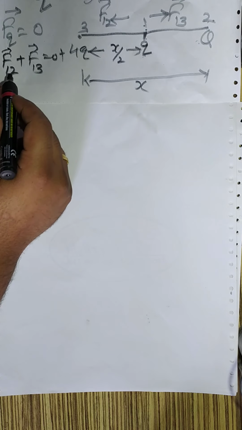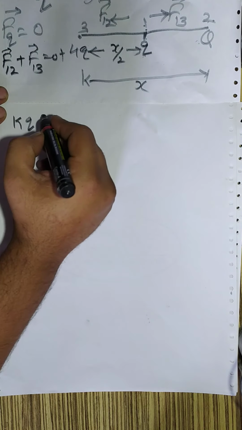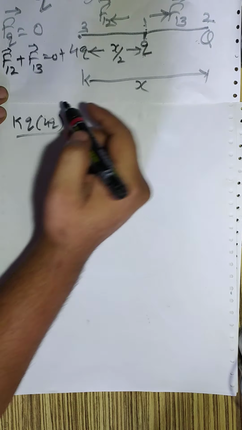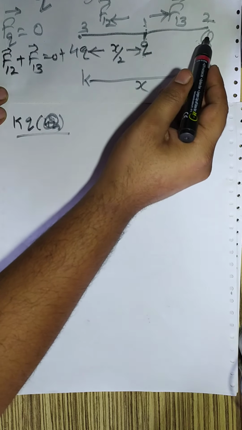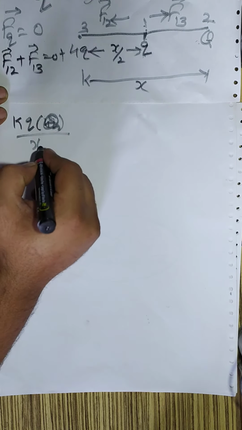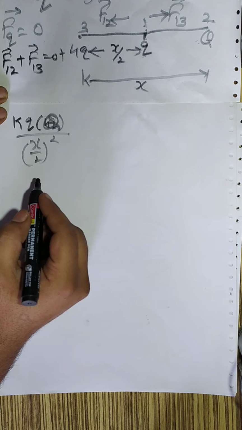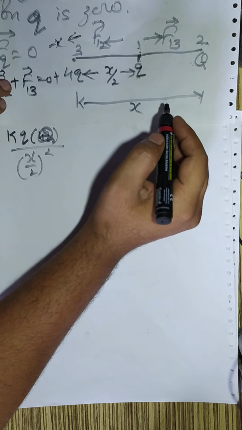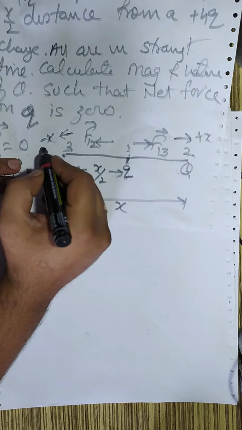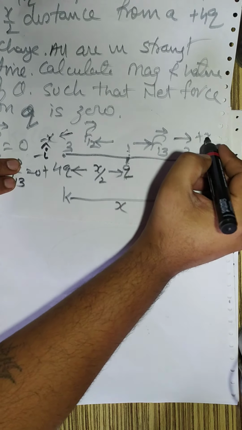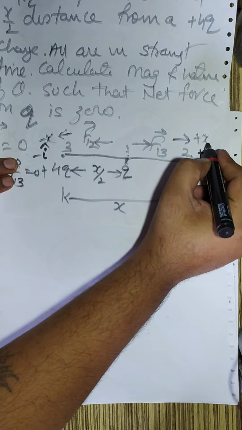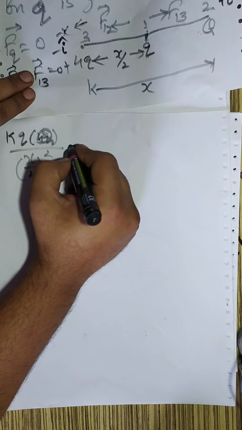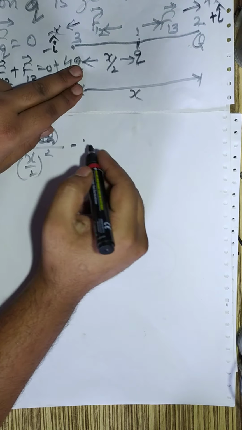So magnitude of force on 1 due to 2 will be K Q1 Q2, that is K Q times capital Q, by distance x by 2 whole square. This is the magnitude, and direction is this, which is negative x direction, and this is positive x direction. Negative x direction is represented by negative i cap, and the positive x direction is represented by positive i cap. Using such notations here, the magnitude we got and the direction will be minus i cap,